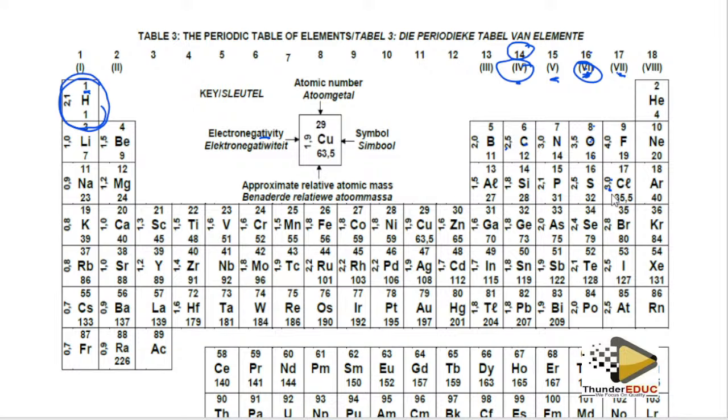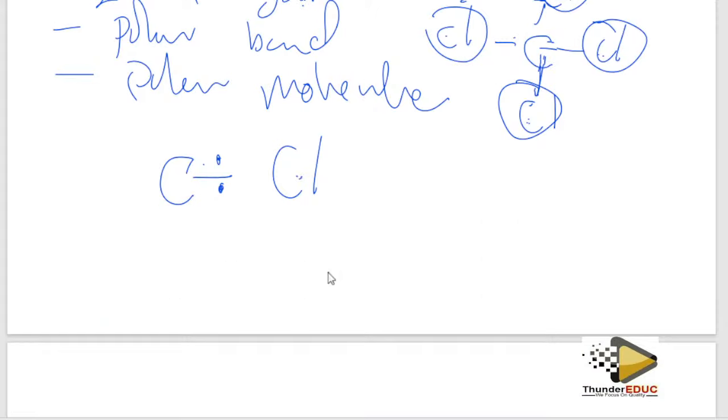It means that chlorine is going to pull this bonding pair of electrons toward itself compared to carbon. Carbon doesn't have that amount of energy to pull it. Therefore, this is going to change, and I'm going to have the bonding pair of electrons towards that side. Now, this one is going to become partially negative, because it has obtained electrons, and this one is going to become partially positive. We call it half negative, half positive. And because now we have a different pole, negative and positive, we shall say that this bond is polar. Polar comes from the word pole.